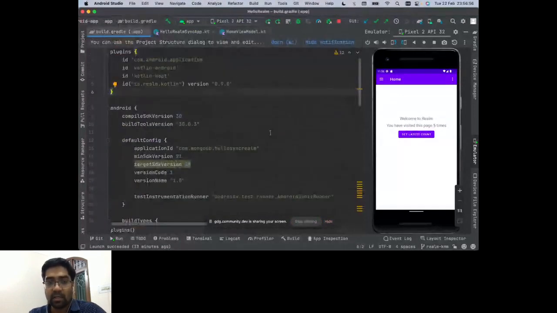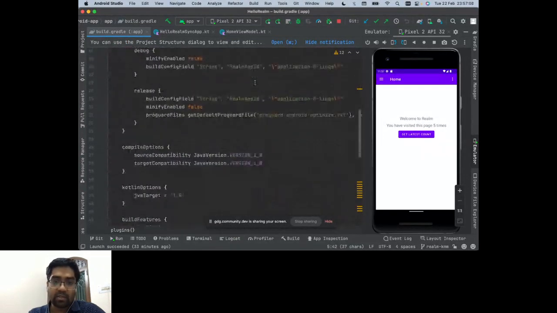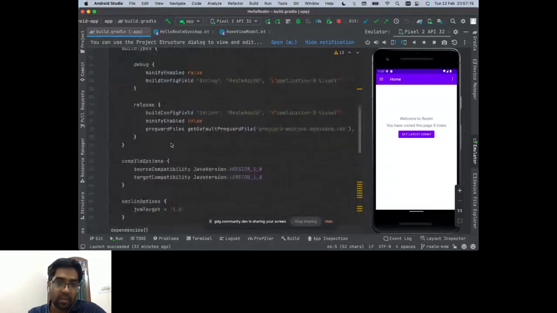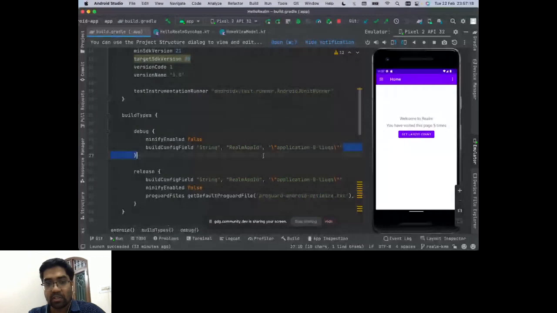get started with Realm. Getting started with Realm is really simple. You don't need many things. First, you need to add just the Android plugin. As you can see here, I've added the plugin. Based on the plugin, you also have to add a dependency. So a dependency has been added. Once the dependency is added, that's all that is required. One more additional thing is that I have mentioned my Realm app ID, which you can define in a constant class as well, but I prefer to keep it in my build script.